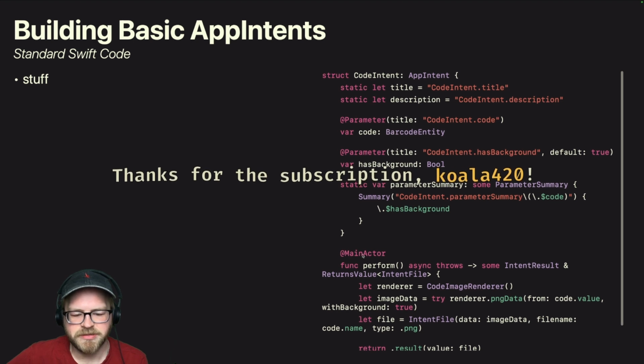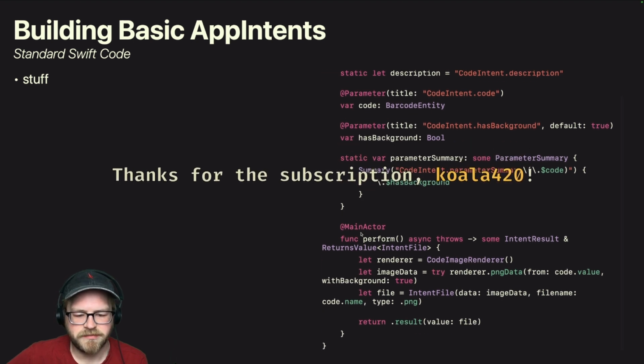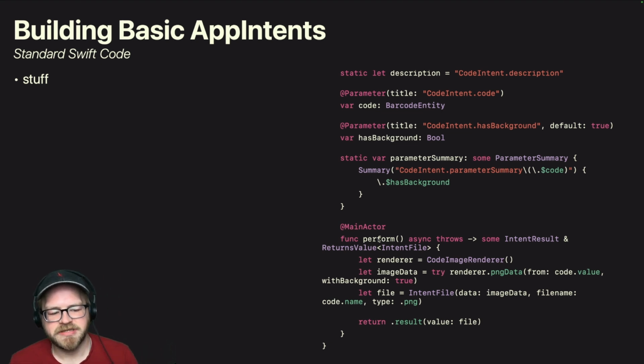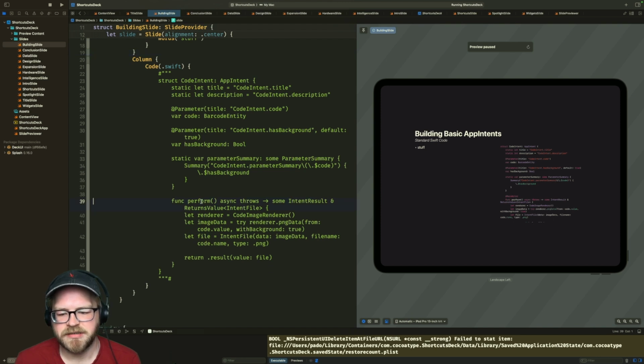I feel like I can lose that main actor. Nobody's really going to miss there being a main actor thing. I do feel like I need to include the returns value. But maybe I can drop the sum intent result. It's maybe not entirely wrong to just say that this is that.